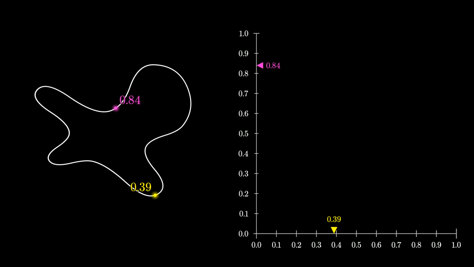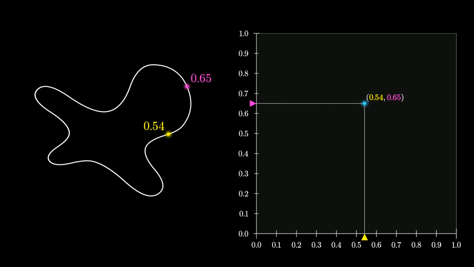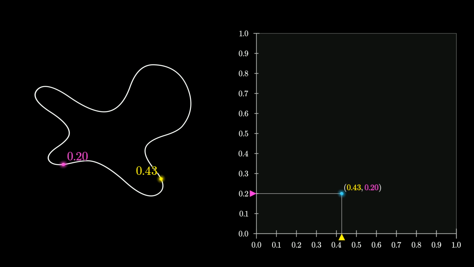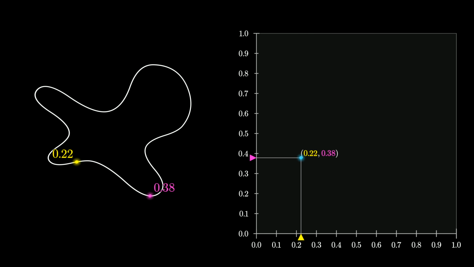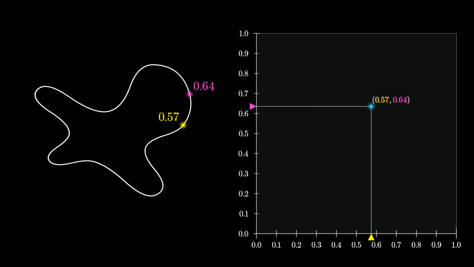So here the x-axis gives a coordinate for the first point, and the y-axis gives a coordinate for that second point, and the pair of points taken together would correspond to a single point in this unit square, where the 2-dimensional coordinates of that point essentially encode which 2 points on the loop we're talking about. This association between individual points in the square and pairs of points on the loop is almost a continuous one-to-one